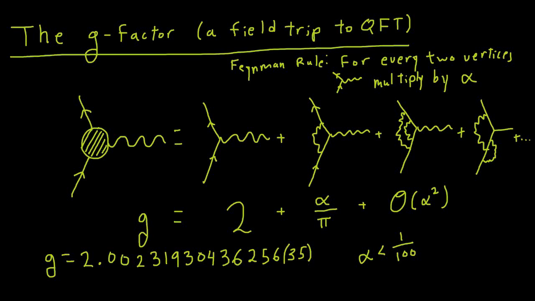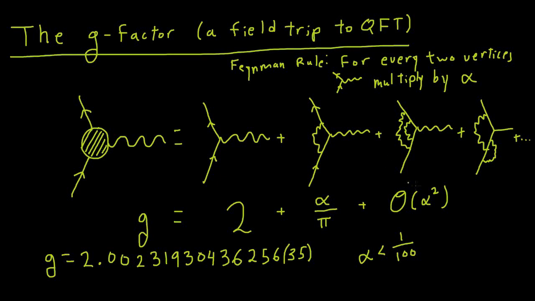Now, for his contribution to physics, Julian Schwinger won the 1965 Nobel Prize in Physics, sharing it with Richard Feynman and another physicist named Shinichiro Tomonaga. You always get the impression that this alpha over pi was the result of his that he was most proud of. And in fact, he put this alpha over pi, or I think maybe it's alpha over 2 pi, on his tombstone. So to this very day, if you go and visit Julian Schwinger's grave, you will see